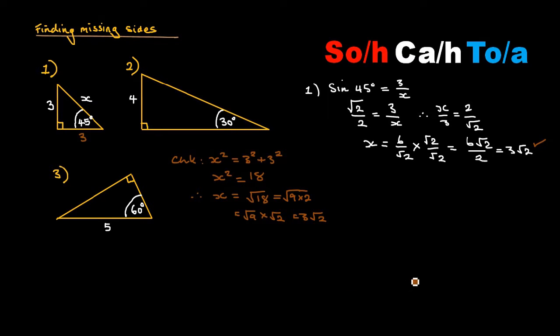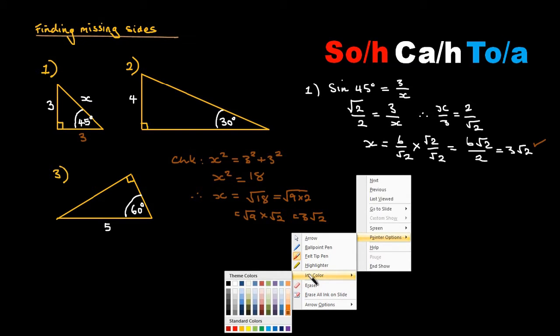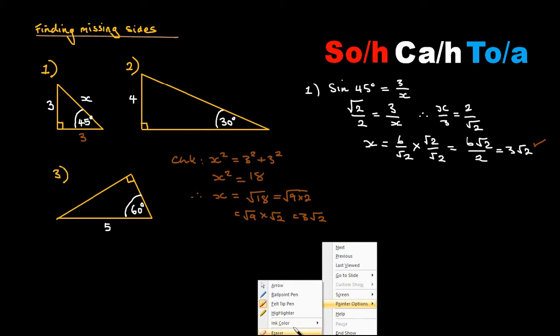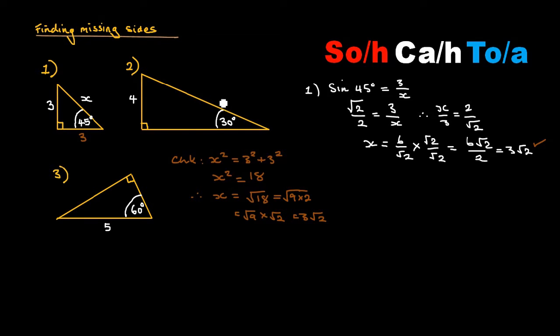Now we could check the first one by Pythagoras, but for problem 2, we don't have that option available because we just don't know what this side is here. Let's decide which of these two sides. We could perhaps get both, but maybe just to save time we'll leave the other side, and that would be a follow-up exercise that you could do just to give yourself a bit more practice. We're going to aim for y. So problem 2,